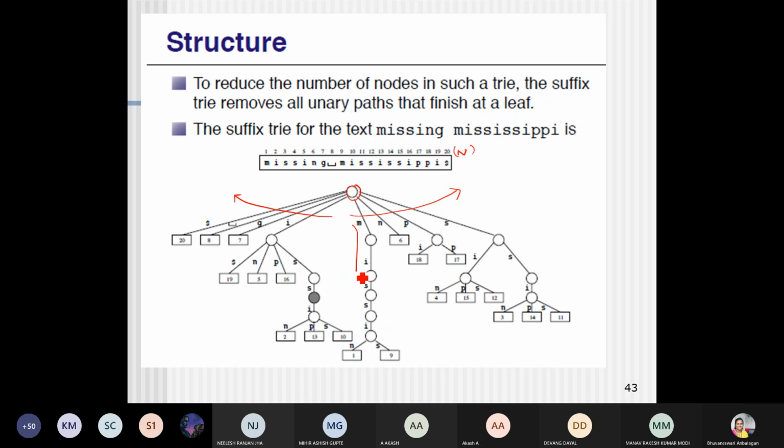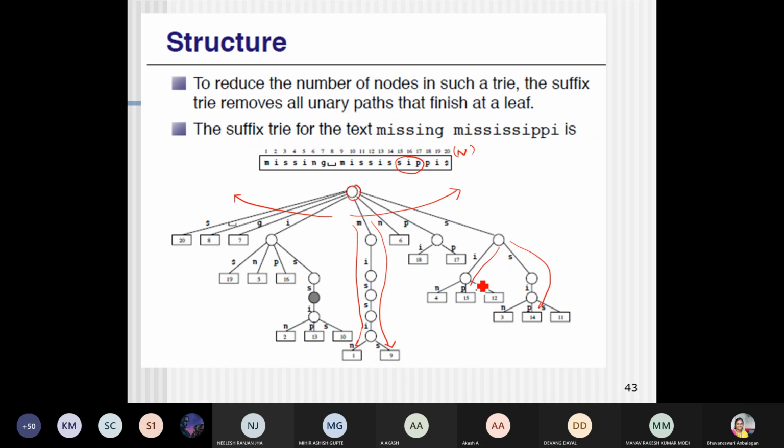See here, this way if I see missing, I will go over here. And then in this way if I go over here, I'll go with Mississippi. Once I go to S, I have SIP, I can find that out.